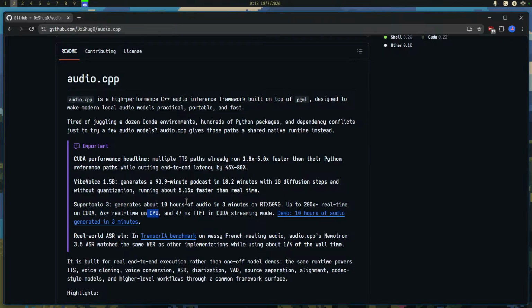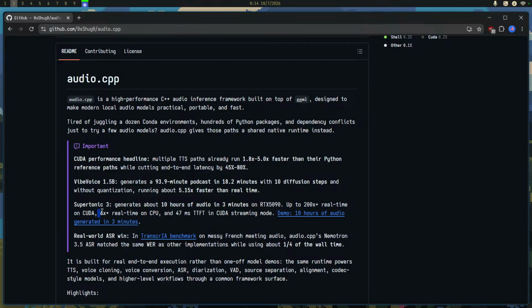So I'm not sure if these are comparing it with the default implementations. For example, Supertonic 3 has its own inference core that they have provided.